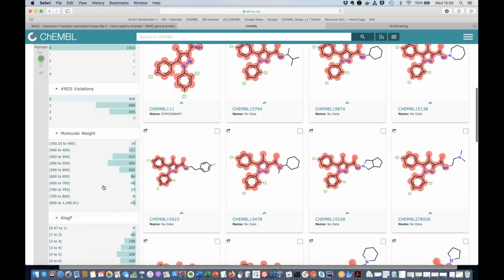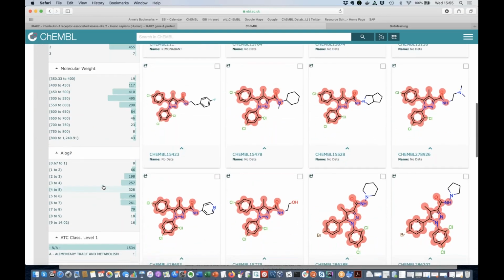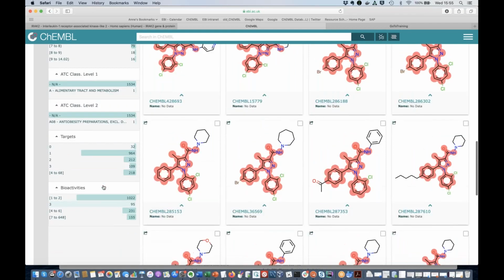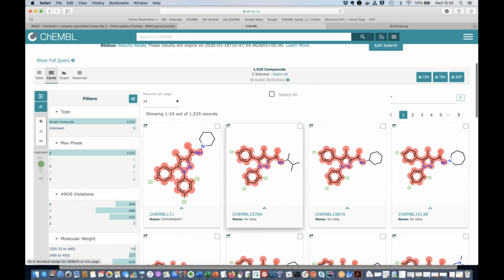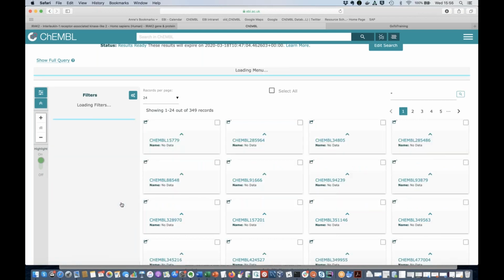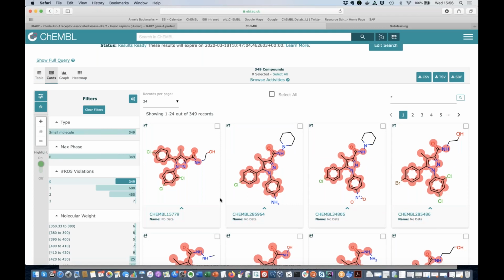And then, of course, on this page, you can then filter. So we've got a large number of molecules here, 1,500 compounds. So probably this is too many to look at, but you might want to just look at all the molecules that are Lipinski compliant. So you can click on the filters, and you've limited it now to a smaller number